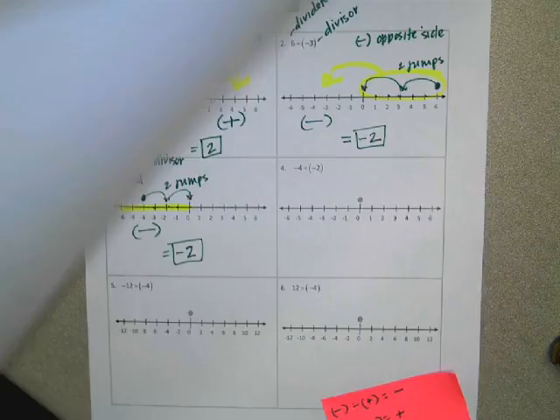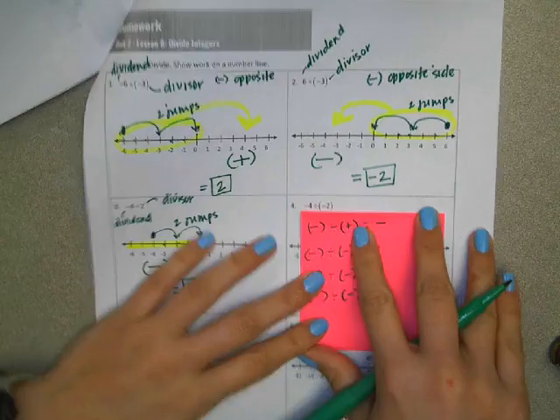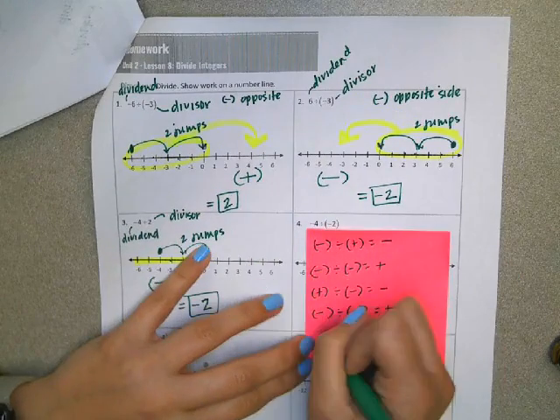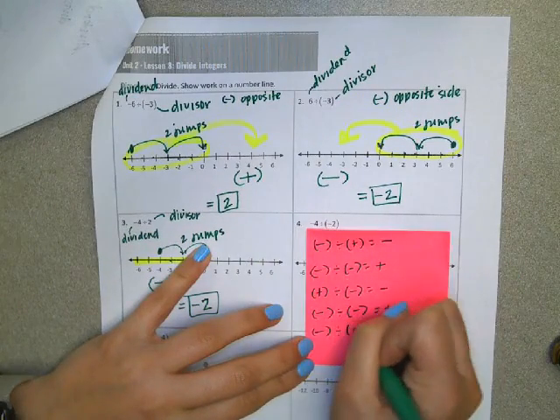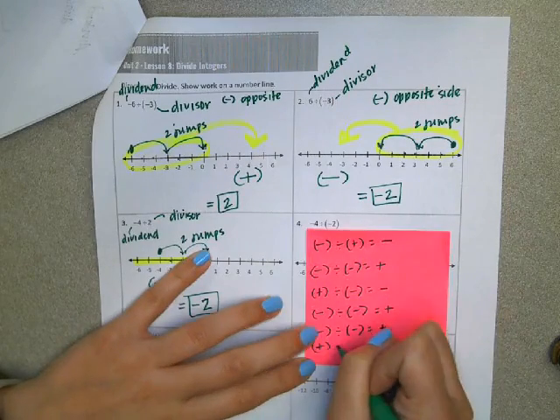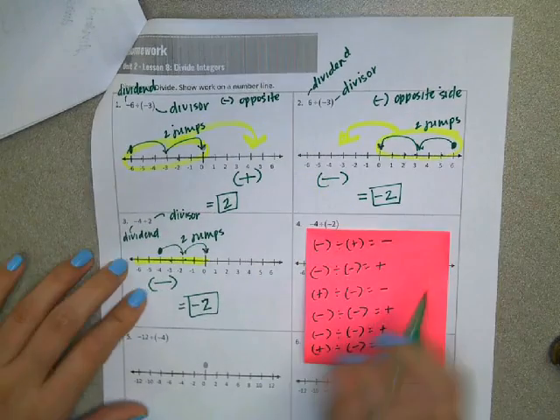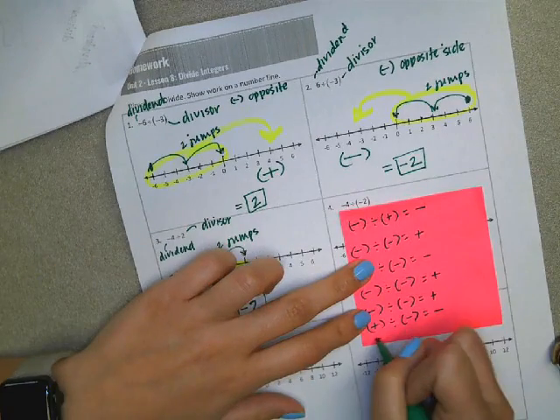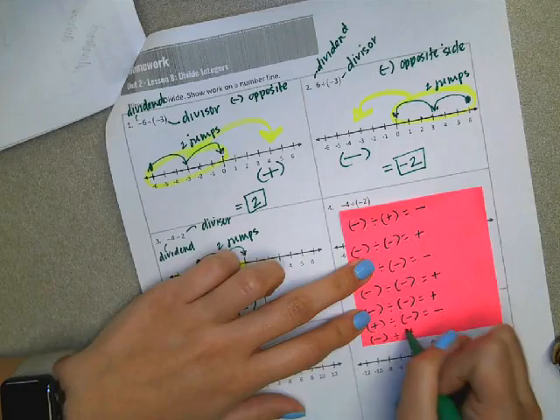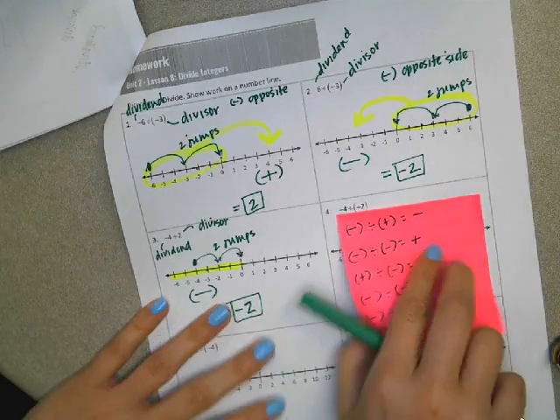And last, on the 3 pages that you did, we had a negative divided by a negative, so again it was positive. We had a positive divided by a negative, we got a negative, and last, a negative divided by a positive, we got a negative. So now let's look at this list that I made